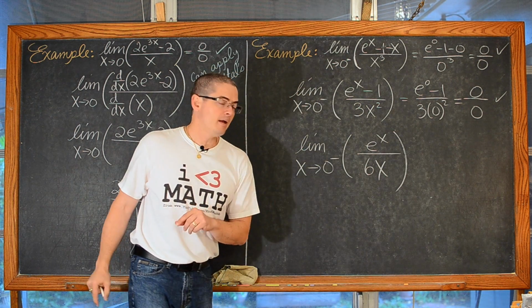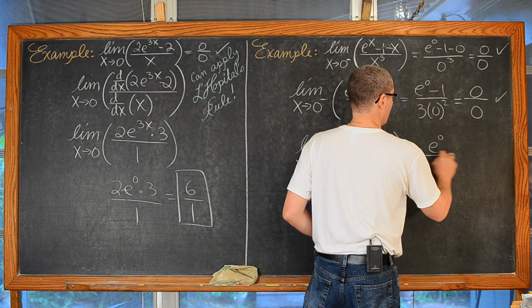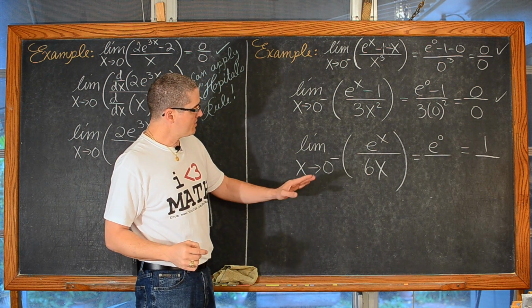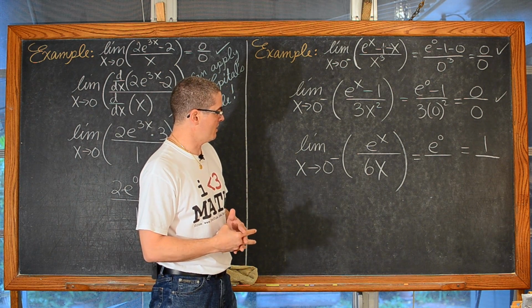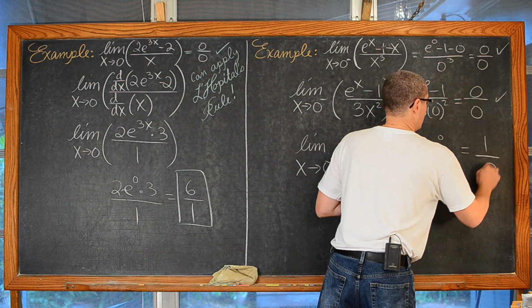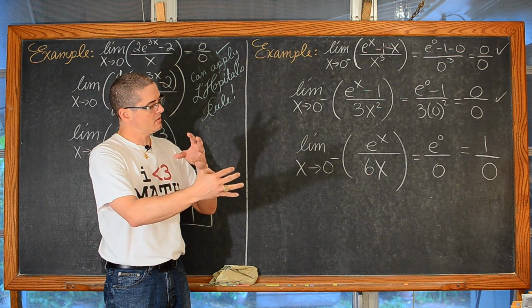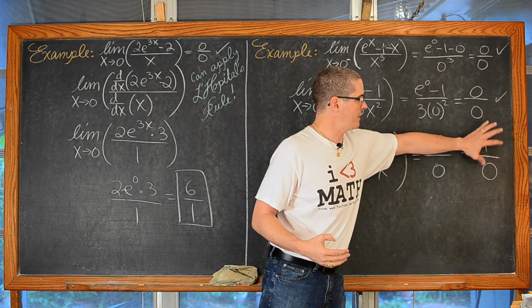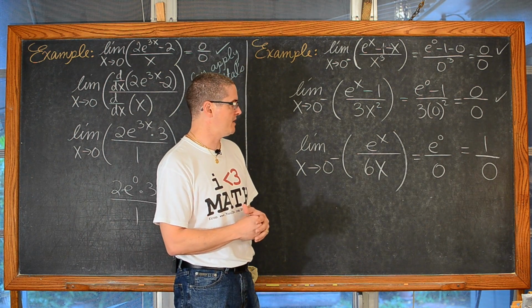Now letting x approach 0 from the left, we have e to the 0 power, which is again going to be 1. But now here in the denominator, now we don't have a 0 in the numerator, so I think we're going to have a final answer here. We're going to let x approach 0. Well, 6 times 0 is equal to 0, and we have that 1 over 0 type answer or scenario, that is going to approach either positive or negative infinity.